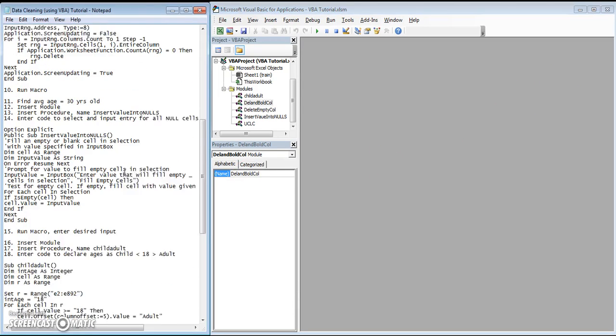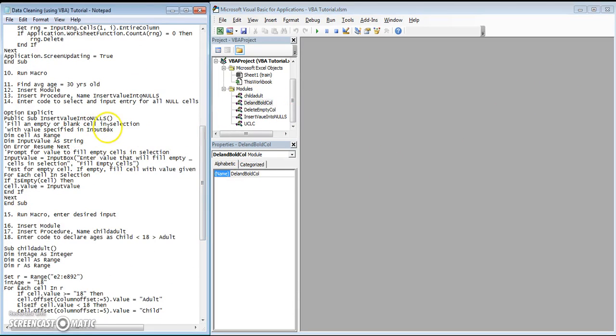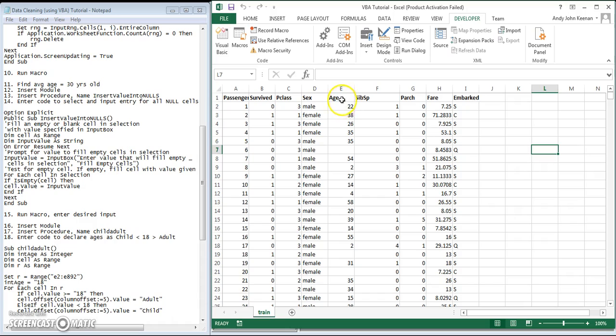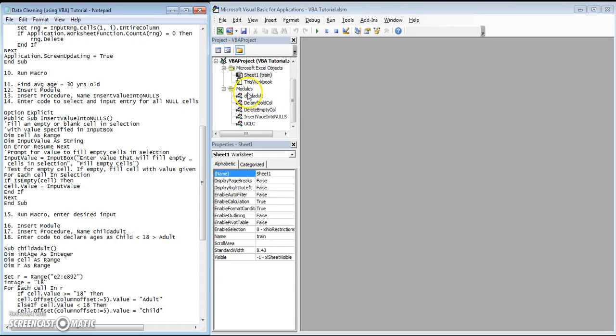And then another fun thing is we want to, for the age, some of the ages don't have any ages in them, so it's called a null cell. So in this macro, I told Excel to highlight all of the null cells and then input whatever you want to put into the entry, into the null cell. In this case, earlier I took the average of all the ages, and it's 30. And so I'm just going to put 30 into each of the null cells with a simple code. And this code looks like